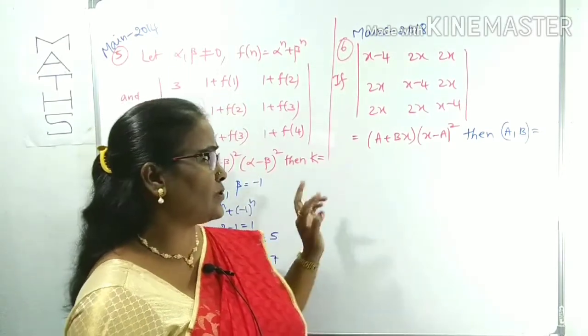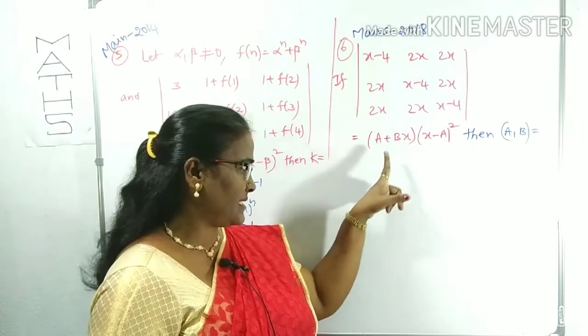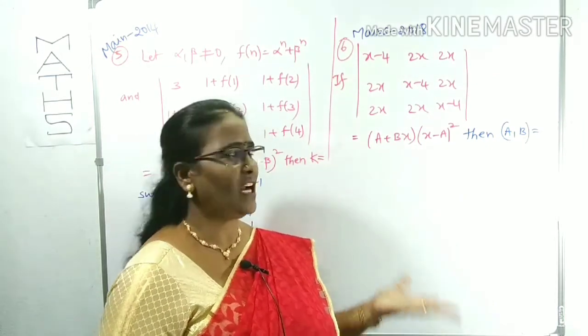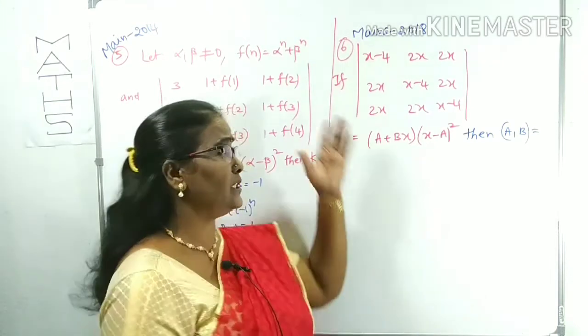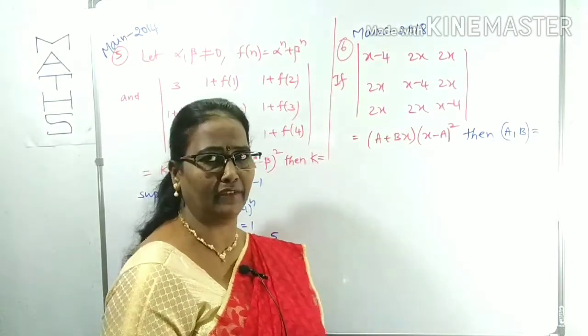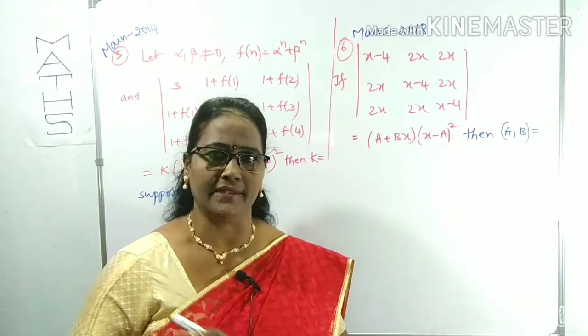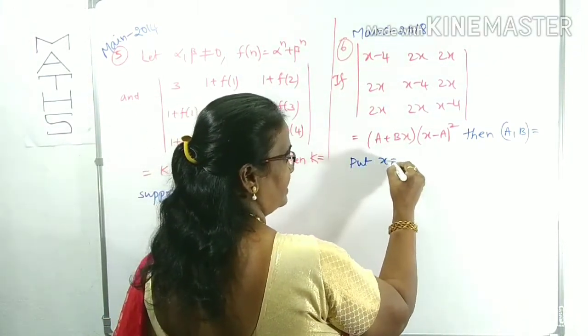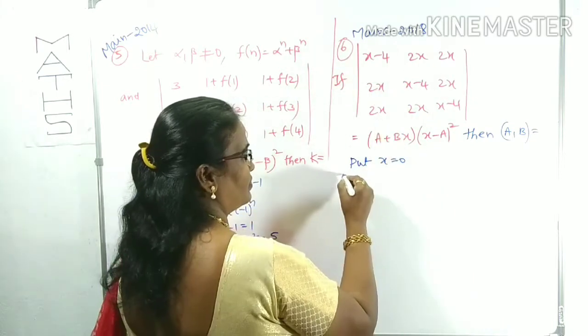I am taking x equal to 0 first. If you take x as 0, what happens on the right side? b cancels, and you can get the a value. After that, we can take x as 1 like that. There are no conditions here. We can take any value, but we can take an easy value. Put x equal to 0, better. First of all, x is 0, we can substitute on both sides.